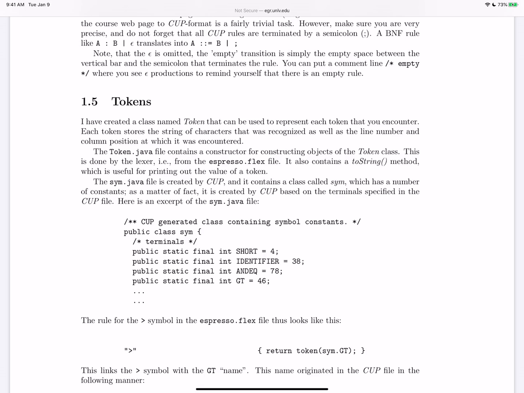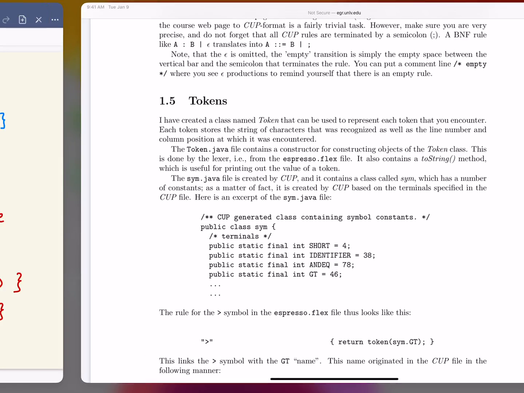And they have numbers 4, 38, 78, 46, and they seem rather arbitrary. And it doesn't really matter what number they have, as long as you don't reuse any of the numbers, then that's perfectly fine. But in general, maybe we should just make a quick note on that here,